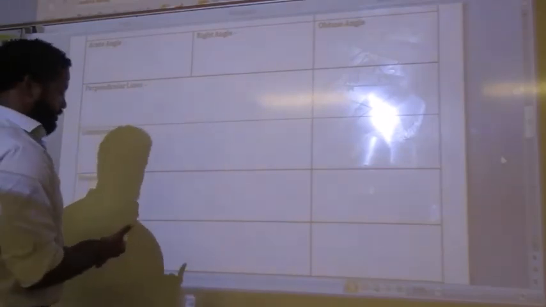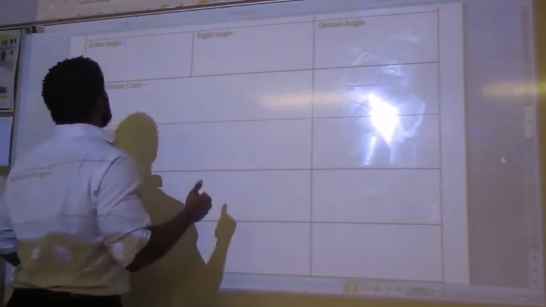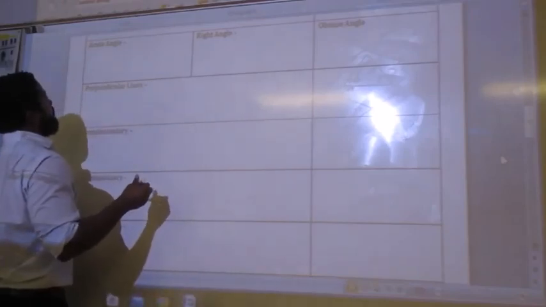Different types of angles. Alright. So, acute angle. That acute angle is